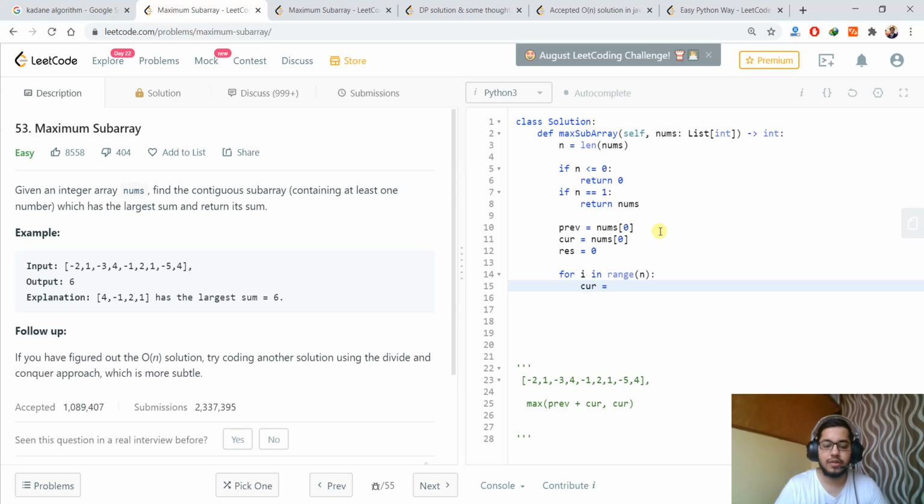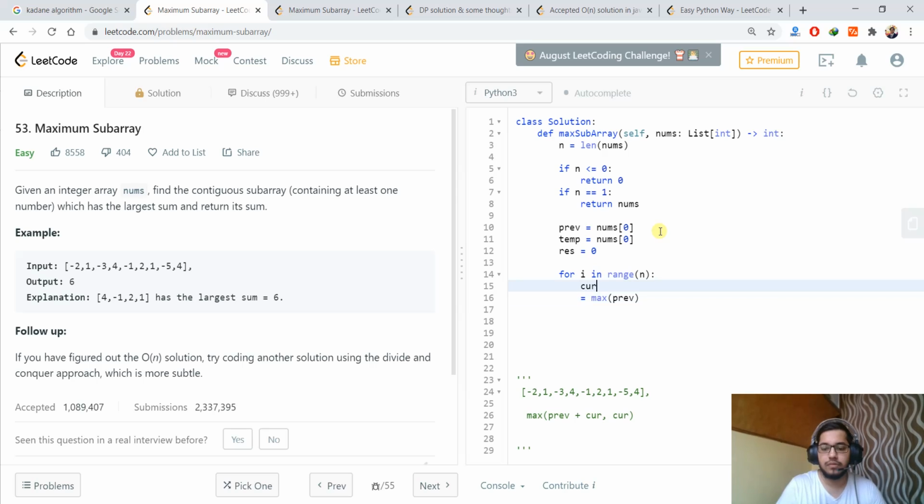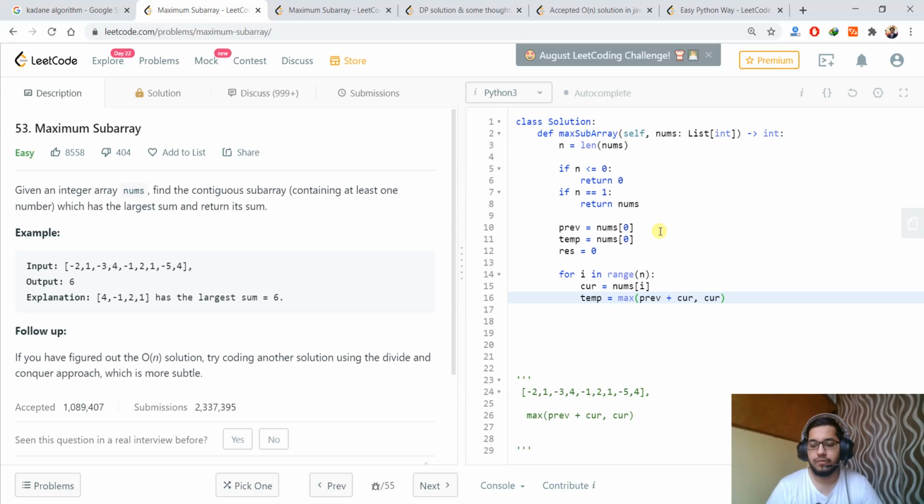Now this current value will be nums of i, and the temporary value will be the maximum of previous plus this current value, or this current value alone.